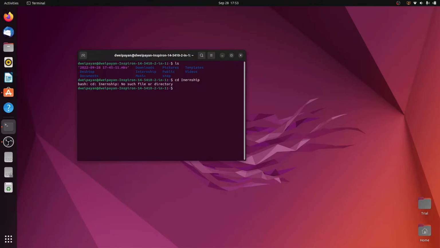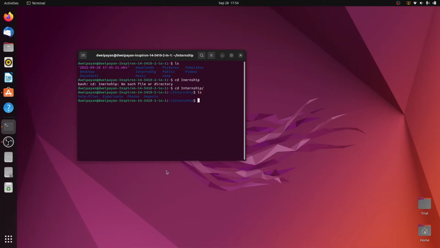Oh, I will simply do again cd. I might have given the wrong spelling, so I will simply type I and press tab. So whatever the correct spelling is there inside this home directory of that folder, it will automatically take it, and as soon as you hit enter, it will go into that folder. So we are now changing the folder from the home directory to the internship directory with the help of the command which says cd. And now when I press ls once again, it will show me the folders which are there inside this